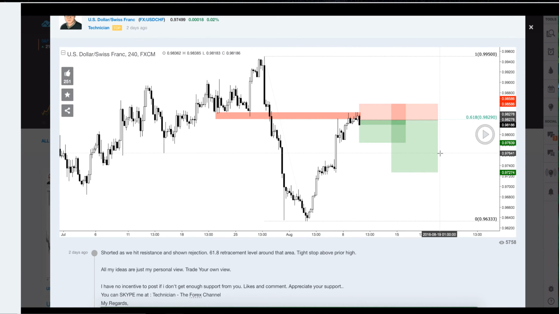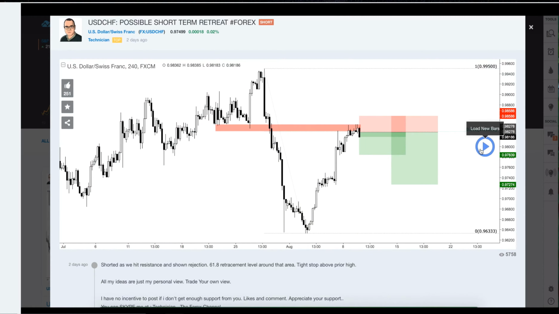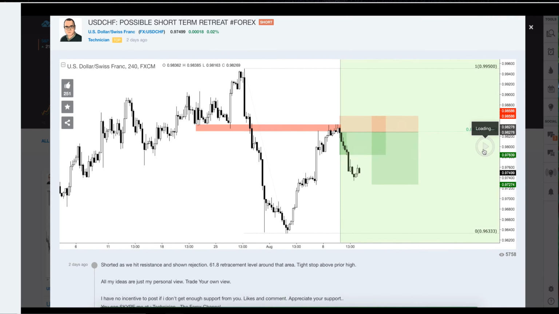And once you've actually published a chart, what people can come on here and do, by the way, is click the play button. What the play button is then going to do is show you the price action from when you posted your chart setup. So as you can see here, his first target was achieved, and it's creeping towards his second one. So you can set this on private as well, by the way, guys. So you can incorporate this into your journal.